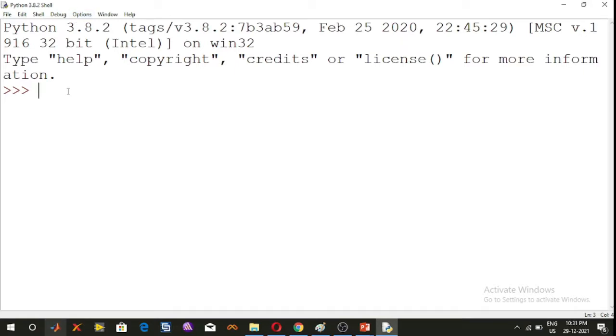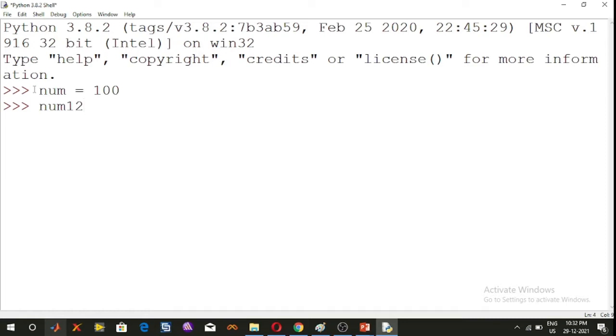After a short message, a Python command prompt will be displayed. So at the Python command prompt, type the program: num is equal to 100.